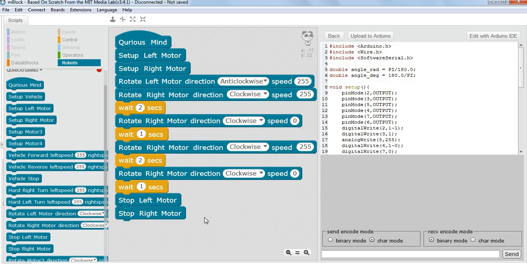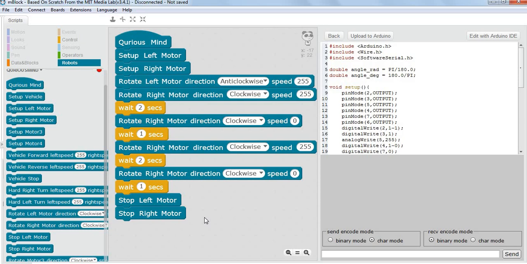So if you see, let's assume that there are two boys, boy A and boy B. Boy A is running and boy B also is running. So I tell them, okay, run at full speed. Now after a while I want to tell boy B to run slowly. Do I again need to give a command to boy A to run at the same speed? No, because boy A is running.